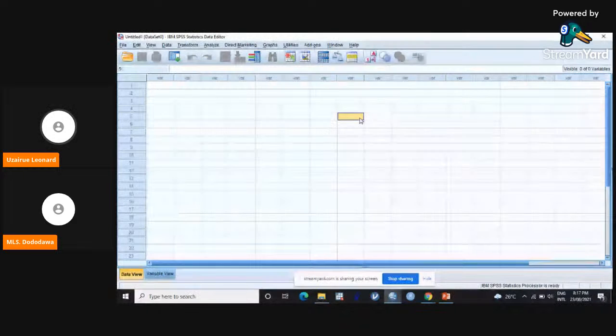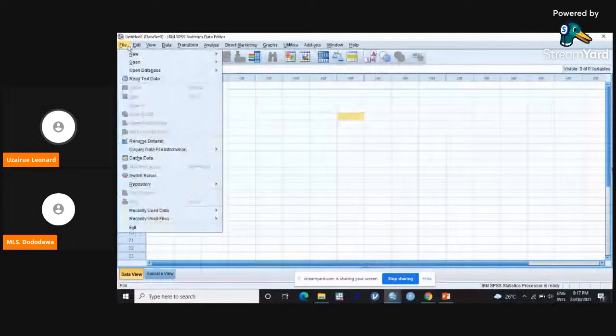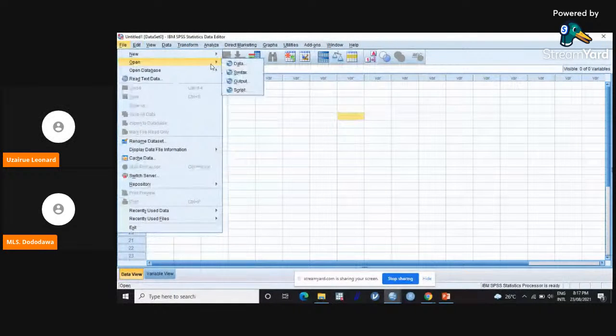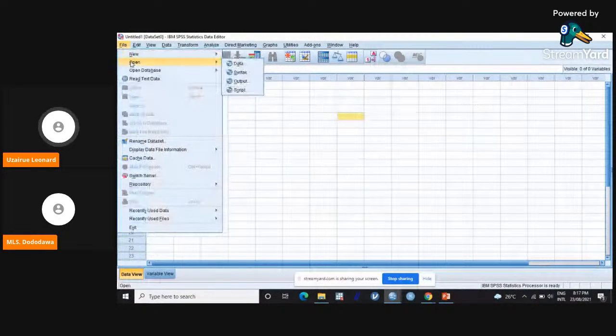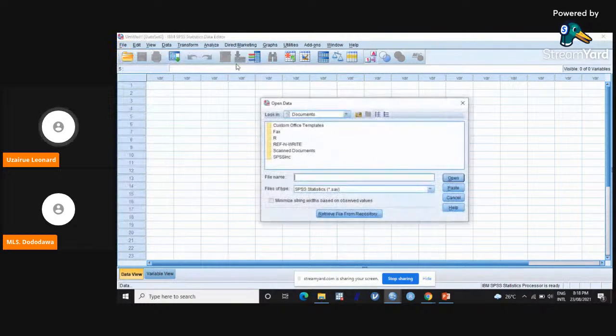What you need to do is come to File, then you come to Open, then you come to Data. So click that, and by default it will take you to your Documents,